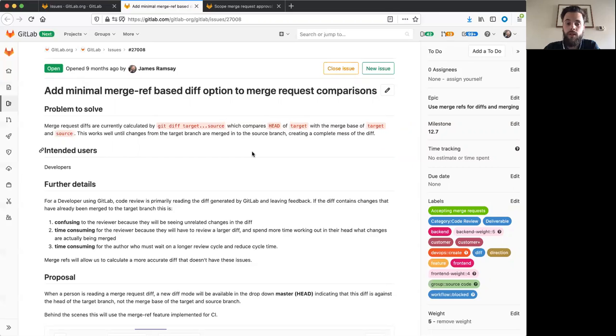The way we do it is using the Git diff command, target, 3 dots, source. So target being the target branch, source being the source branch or the feature branch. And what the 3 dots symbolizes is calculating the diff based on the most recent commit in the feature branch and the common ancestor commit between the source and target branch. And so that could be quite a while ago, potentially a week or two ago when the feature branch was